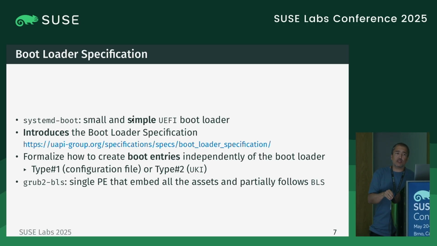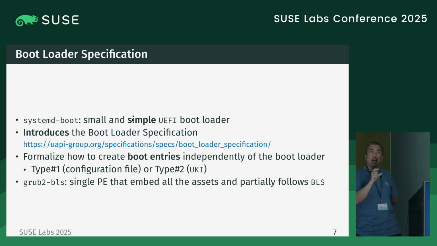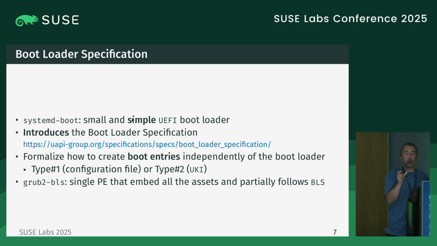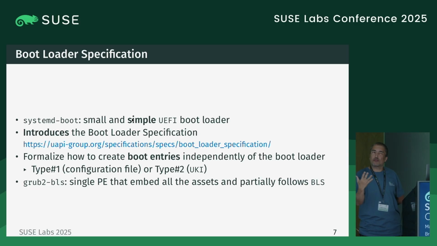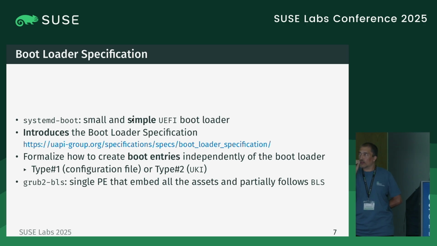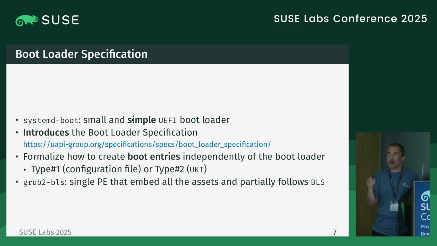The bootloader specification is an open document. There is a sister document, the bootloader interface, that explains how to interact with the bootloader using some EFI variables. And basically, one of the key components here is that there is no configuration file. I mean, there is a configuration file, but it's not a complicated script that is going to be executed in different contexts, like the proposal that GRUB has. For type 1 entries, there's going to be a very small configuration file with a title, metadata, and the specification of the kernel command line and the kernel initrd that we are going to use, together with some ordering information, but nothing else, very declarative.